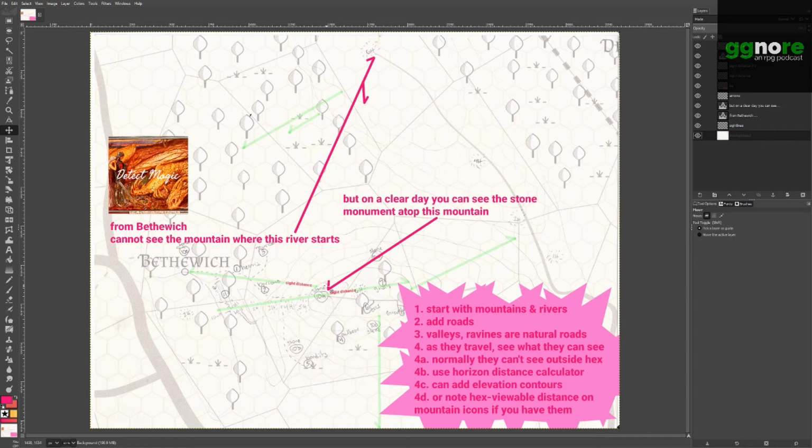So I did some Wikipediaing, and I found out, and probably everyone else knows this except me, but of course, rivers start at the tops of mountains. So I knew that where the source of the river was, that is where I'm going to have elevation. So I knew I could just, as a heuristic, as a rule of thumb, say that where the river starts is going to be the highest place. So before, I did not know where my mountains were. I didn't even think about it because they weren't on the hex map. They weren't keyed as mountainous terrain. So I didn't have any idea about it.